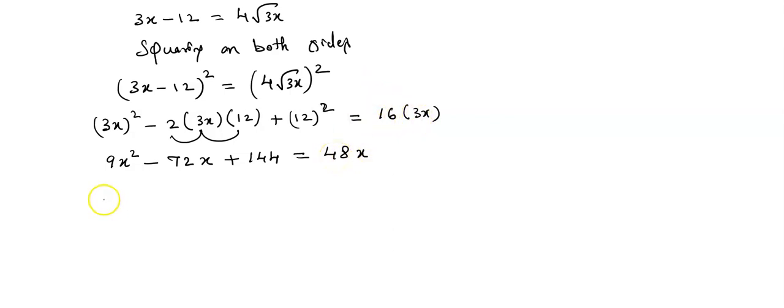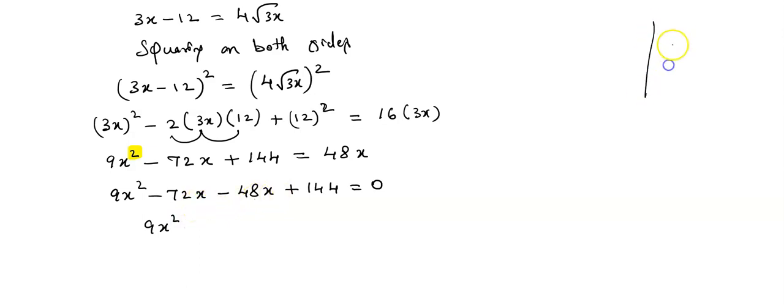Any doubts? No, we got a square, we got second degree. As you can see, highest degree is 2. It means quadratic equation. Now we have to make this equation as is equals to 0. So what I will do, 9x square minus 72x plus 48x come this side, it becomes minus 48x. Then this plus 144, keep it as it is equals to 0. Then 9x square minus 72 minus 48. If both are minus, we should add, but minus remains same.